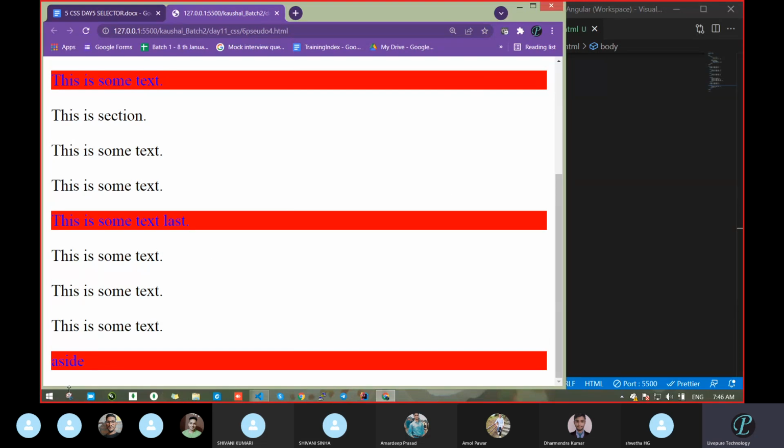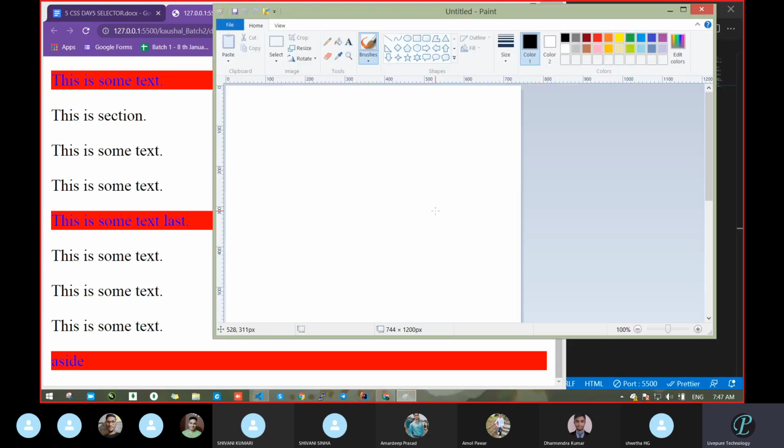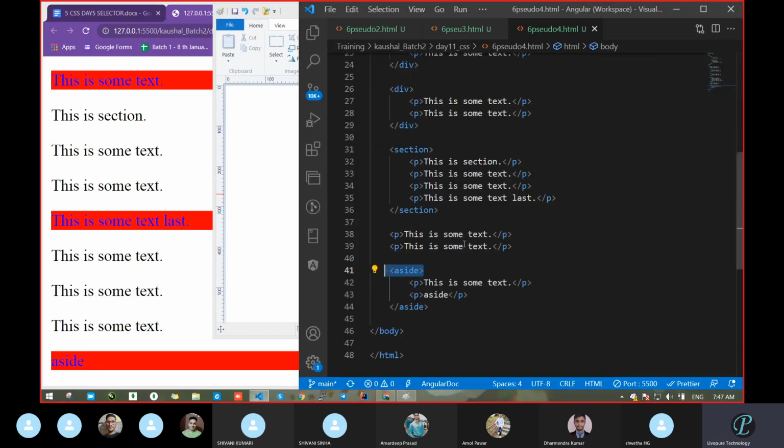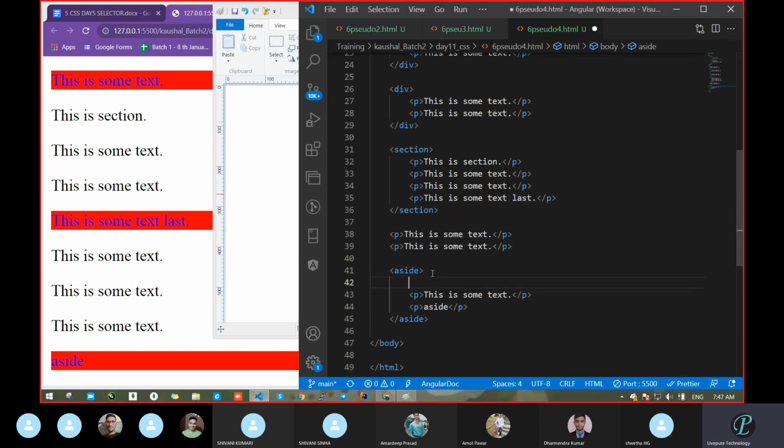So whenever you have to pass some section, suppose you are going to design any section on the right side or left side. Wait, I will open Paint. If you have to make any design on the right side, left side, that time you can use this aside. And inside aside, just like div, you can pass that. Suppose on this side, you are going to make some design. Okay, you can use that aside tag, just for separation purpose. That's it. And inside this, as you are using div, take aside and pass a div. Okay, and pass all the text, whatever you want. Means whatever activity you want, you can pass there.